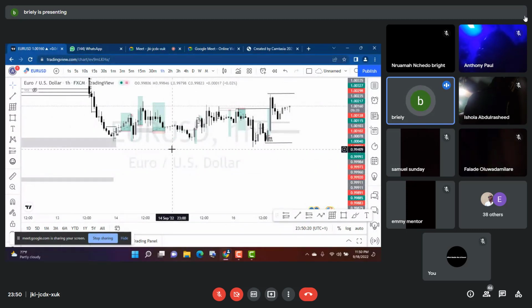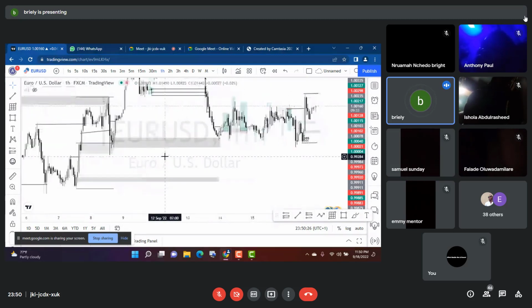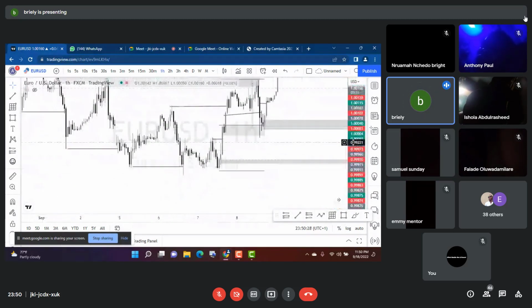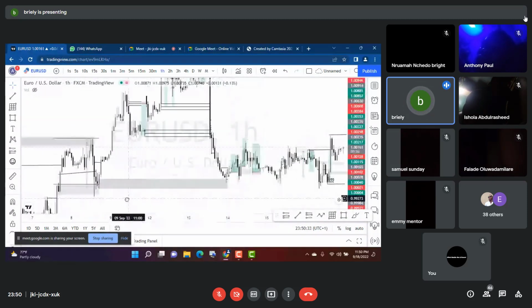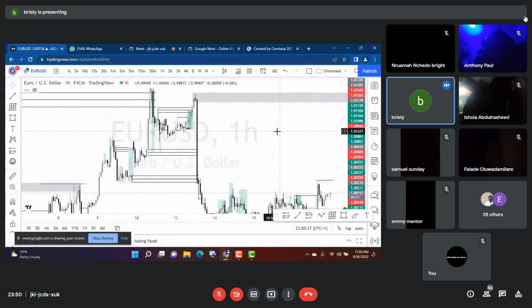So if you still also want to get some trades, you look for a swing low and your swing high. Let's say from this point to this point. But let me see. It's just that the market will give me a lot of